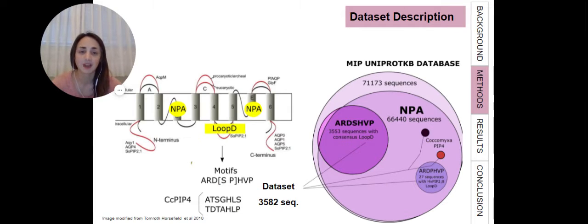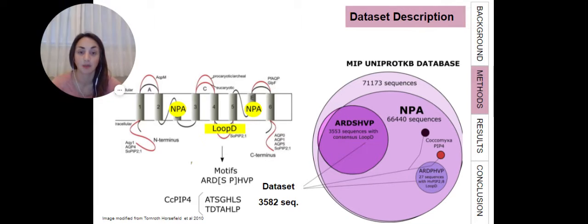On the left, the schematic topology of PIP shows that they have a signature motif, the MPA, and a longer loop D compared to other aquaporins. This loop is involved in the particular gating mechanism triggered by calcium or pH that PIP channels present. These signatures were used to scan the MIP dataset to get the PIP subfamily subset by using the Biostrings package